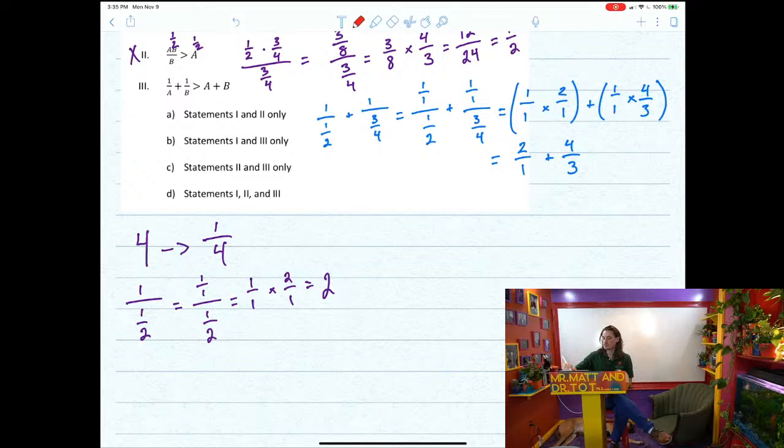I can do that by multiplying this first value by 3 over 3, because the least common multiple between 1 and 3 is 3. The second fraction already has a denominator of 3, so I only need to manipulate the first fraction. As long as I do the same thing to the numerator as I do to the denominator, as long as I do the same thing to the left side of an equation as I do to the right side of